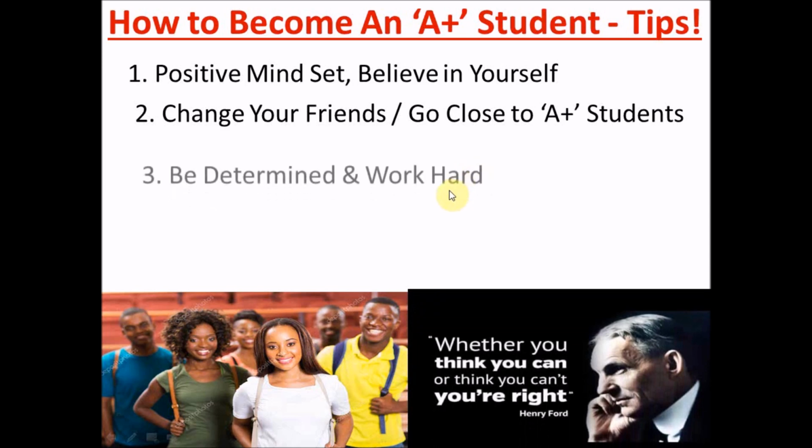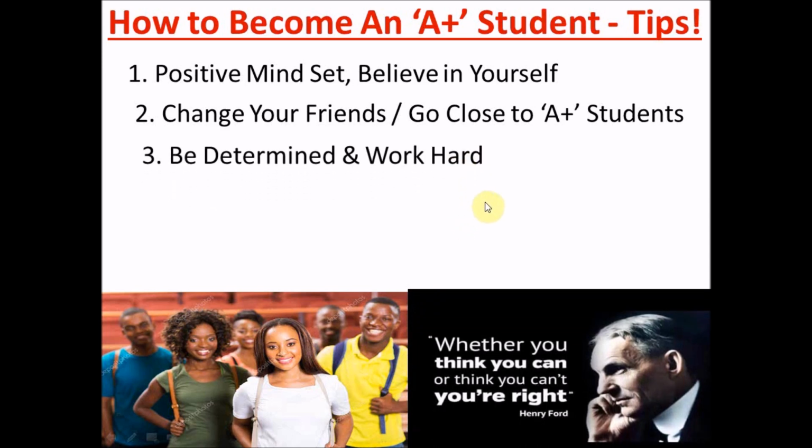And this brings me to our third point. You have to be determined and work hard. Not just changing your friend, you have to be determined. Like I was determined, I worked hard towards those goals to achieve high scores. And funny enough,